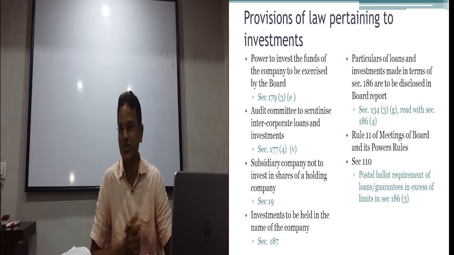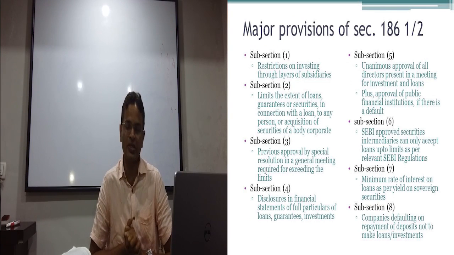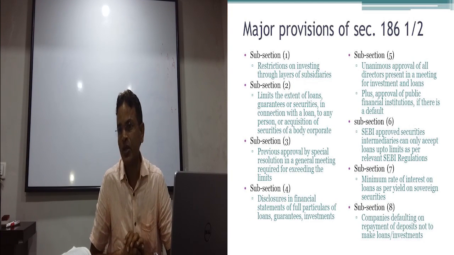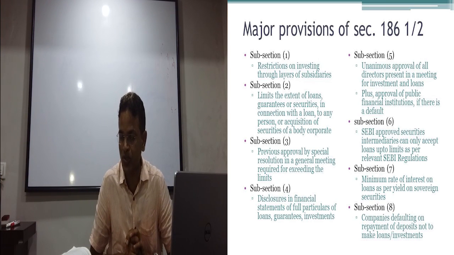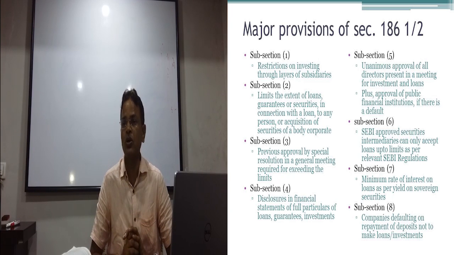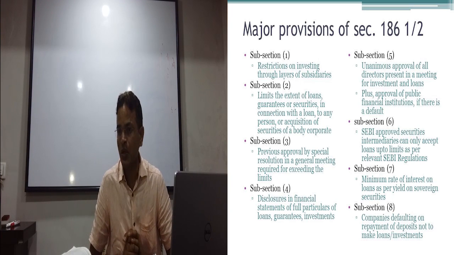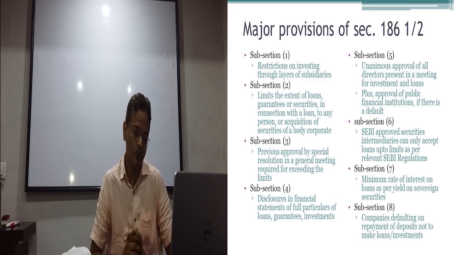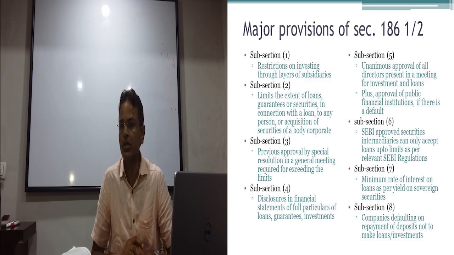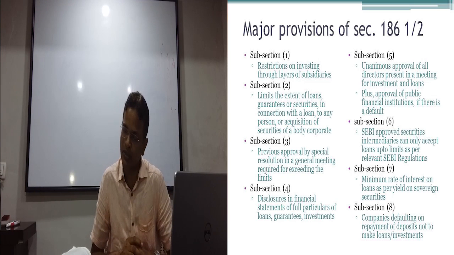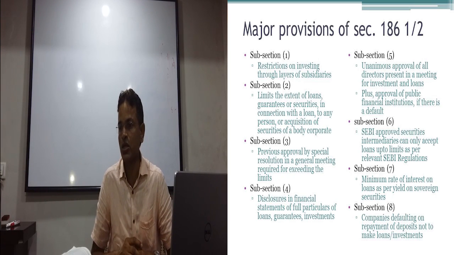So we talked about several sections dealing with making of loans or investments, and let's now return to section 186 itself, which primarily does what? Primarily limits the powers of the board of directors to make intercorporate investments or to give loans to entities within a certain limit. Now, interestingly, it would be interesting to examine what could be the purpose of imposing this limit. Is this limit a common limit in corporate laws of other